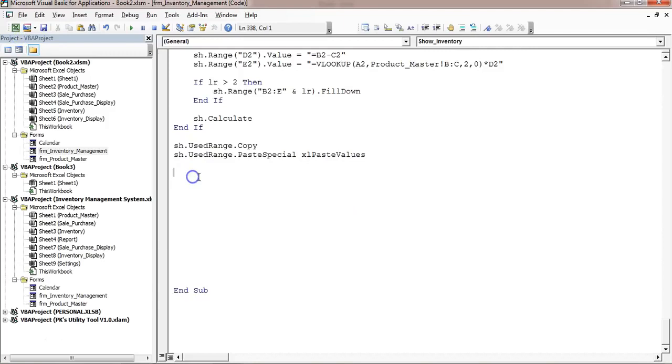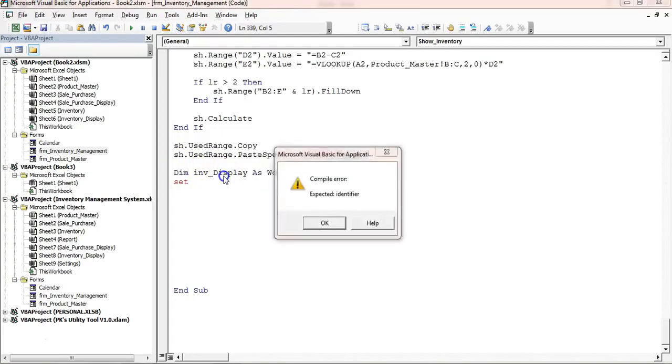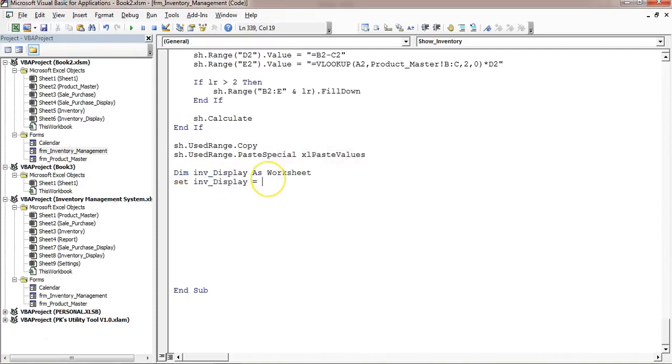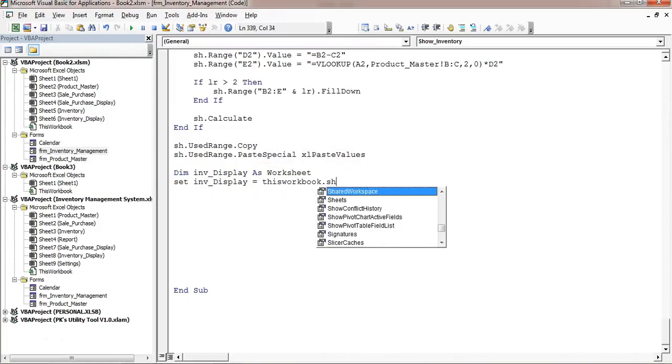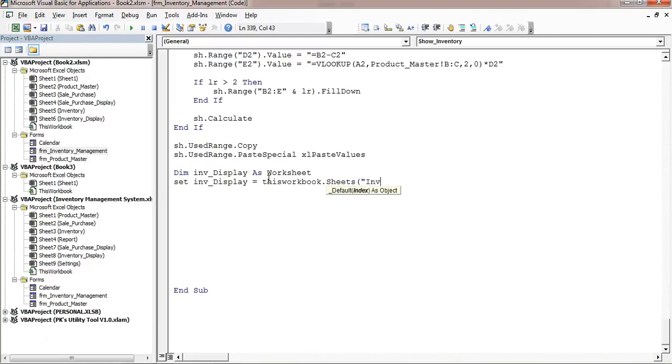So what I will do here, I'll take dim, let's say InventoryDisplay as worksheet, set InventoryDisplay equal to ThisWorkbook.Sheets("InventoryDisplay").